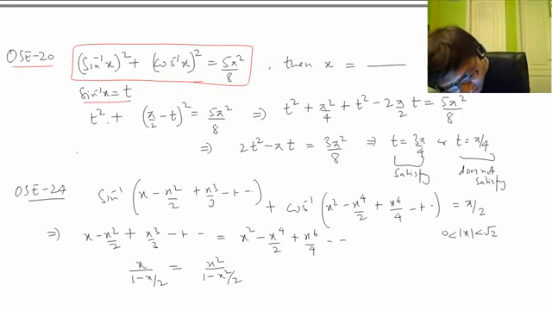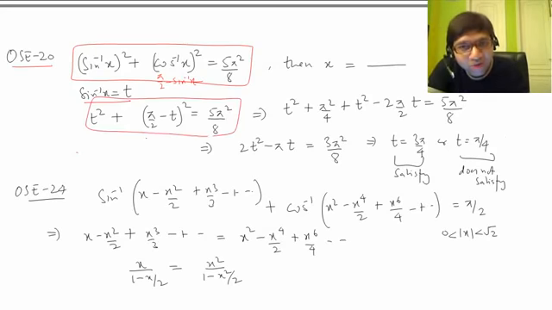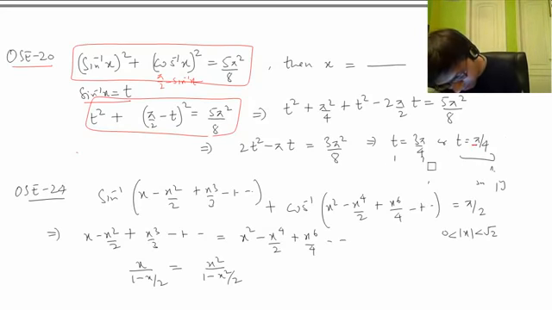Sin inverse x को t मान लिया, इसको लिखा है pi by 2 minus sin inverse x, ये हो गया pi minus t. सो t square plus (pi minus t) whole square equal to 5 pi square by 8, and you can see this is like a normal quadratic equation. If you simplify this and solve the quadratic, we'll get 2 values. This is a mistake here, it's minus pi by 4. So we get 2 values.